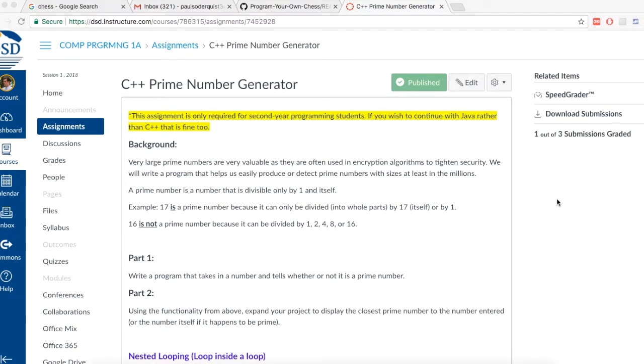In this video, I want to talk about one of the assignments I've created for the second year programming students called a C++ prime number generator. Now, even though it says C++, that doesn't mean you have to use C++,